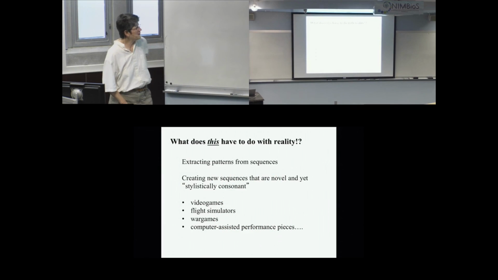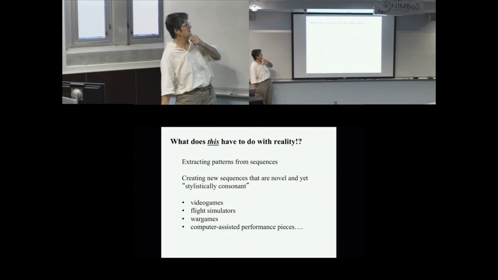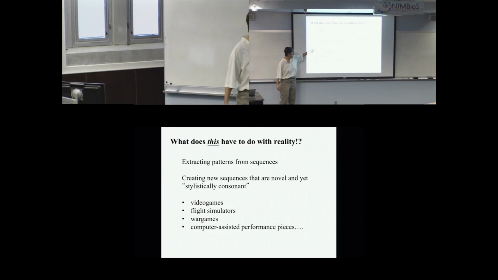Now, what does that have to do with reality? The first example that I showed you with the flow control is pretty obvious that has some good applications. It's pretty obvious this one does too. You know, making the bad guy always act kind of the same way in this video game, but be unpredictable. Perfect way to do that. Flight simulators. I got a ride in a Boeing 777 simulator for this work. I did not do that, but you could imagine that the Army would be interested in having bad guys that act like a particular class of bad guys.